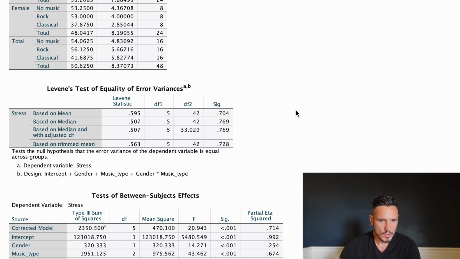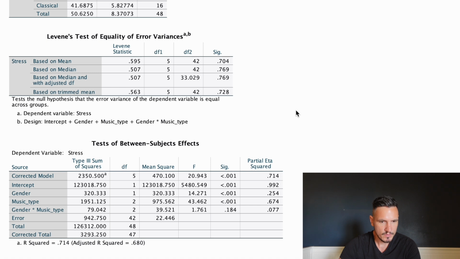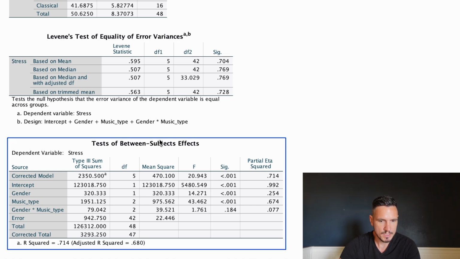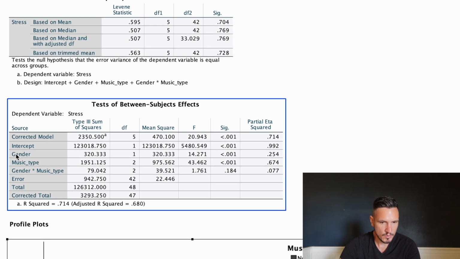So let's now take a look at the results of the ANOVA itself. So if we go down to this test of between subjects effects table, let's look at this gender row here, and let's go over to the sig column, and we can see that we have a sig value of less than 0.001. As this is less than 0.05, it indicates that we have a significant effect of gender on how